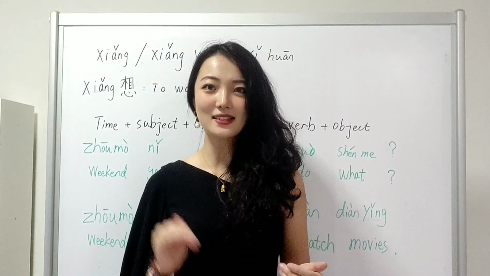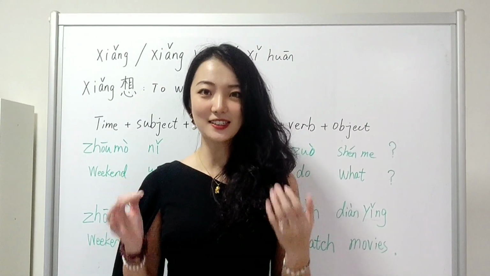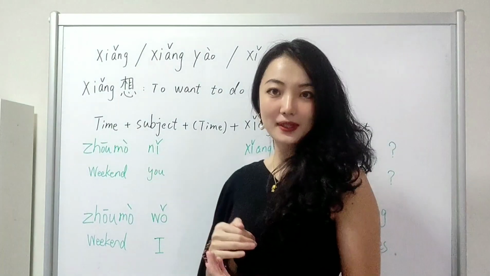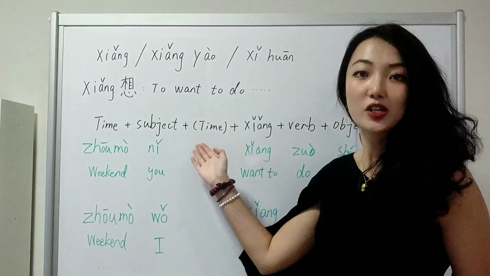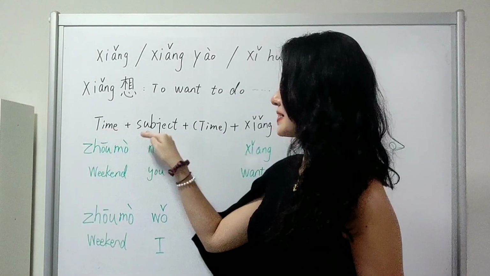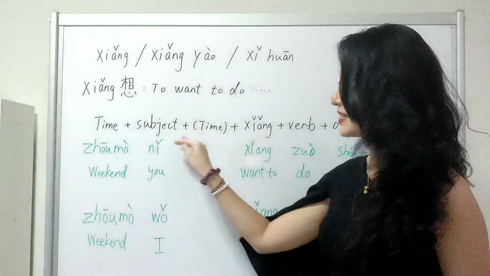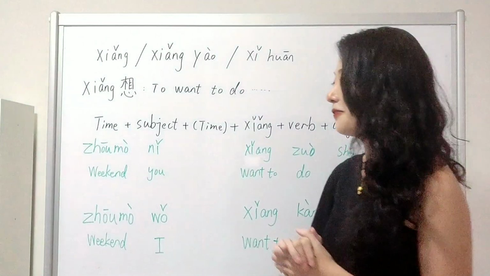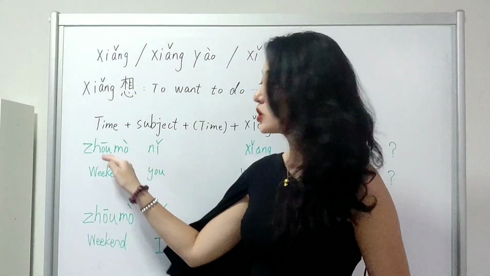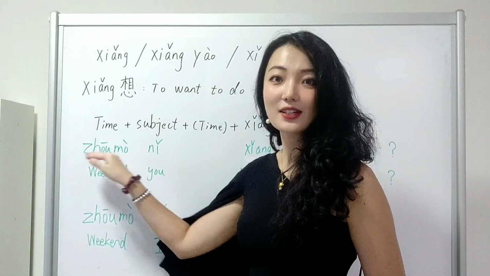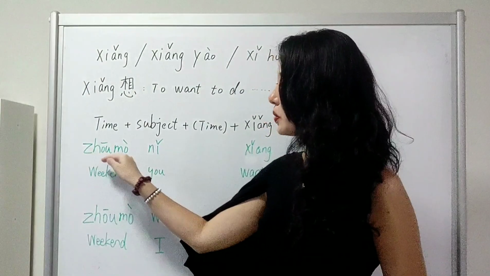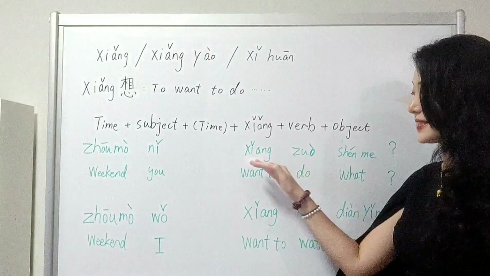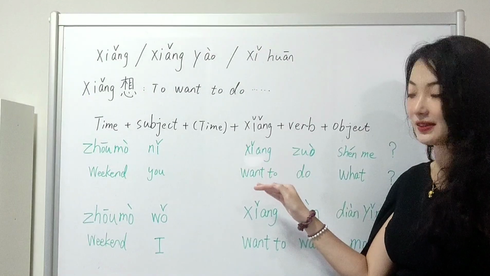Okay, now let's make the sentence a little bit more complicated by adding time. Time in the sentence can go at the very beginning or right after the subject. So it could be time plus subject plus 想 plus verb plus object, or subject plus time plus 想 plus verb plus object. So for example, 周末. 周 means week, 末 means end, so 周末 means weekend. 周末你想做什么？